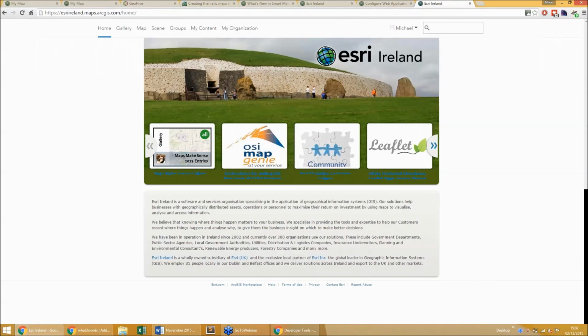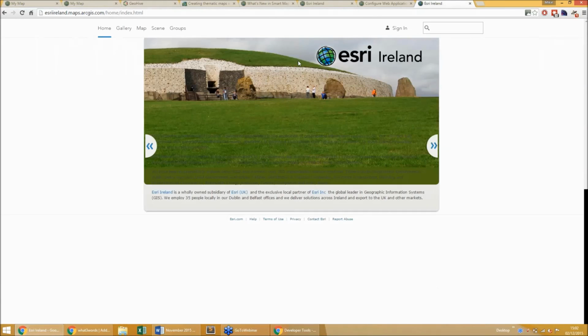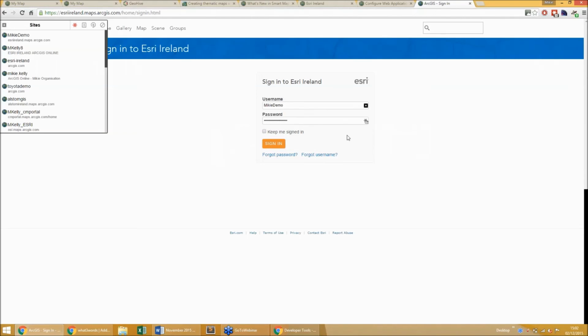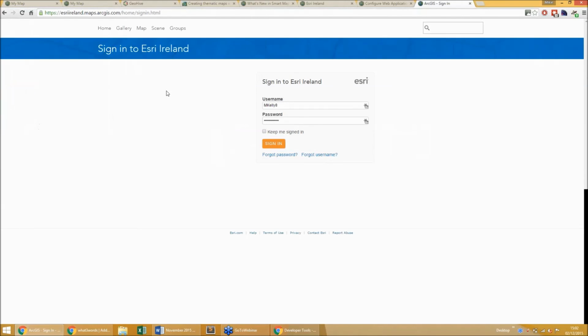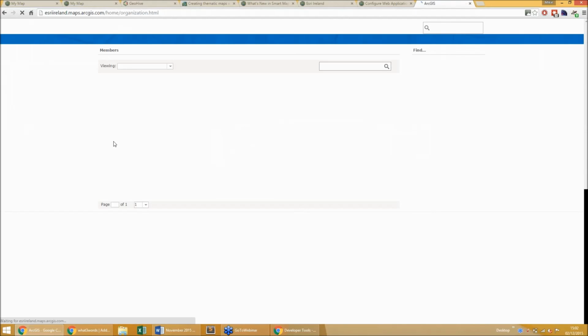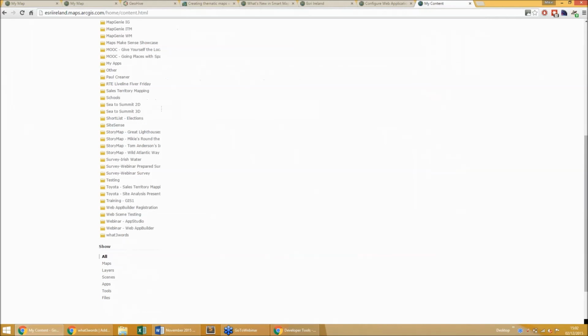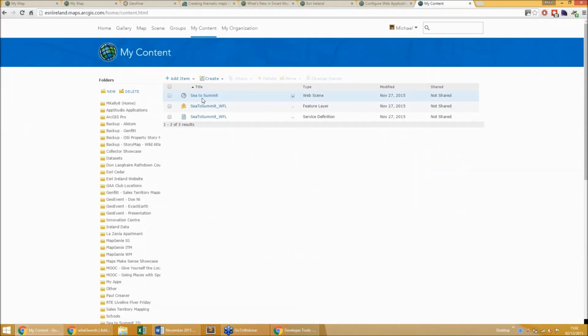So I need to log in with my other account. I plan to show you how to do this. So I have a Sea to Summit in 3D. So it's a web scene using ArcGIS Pro.